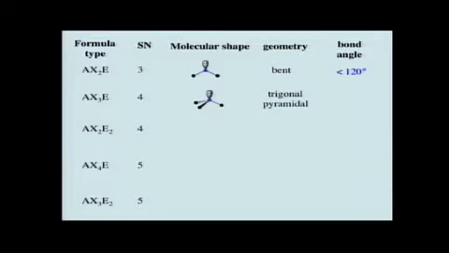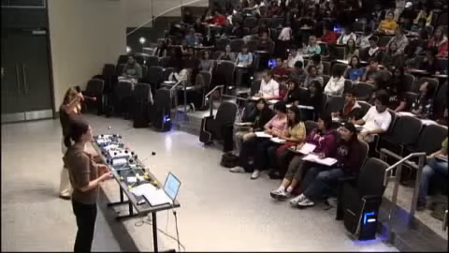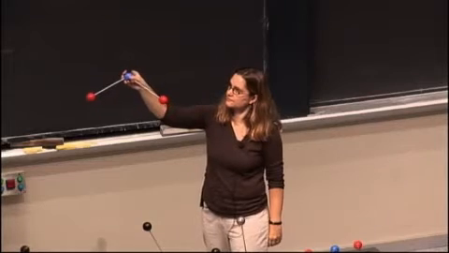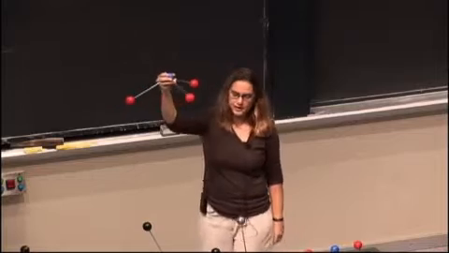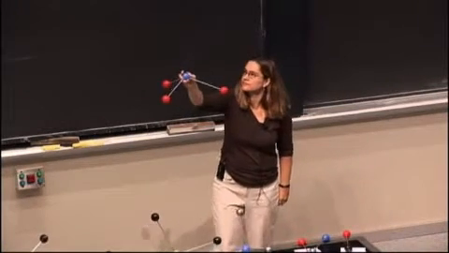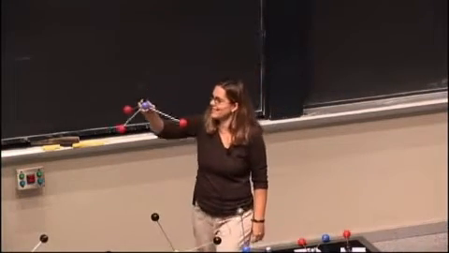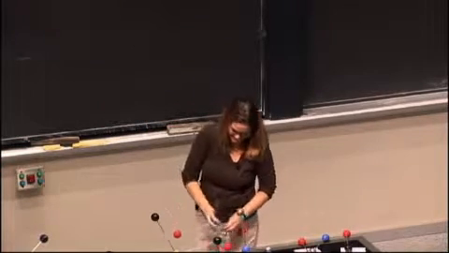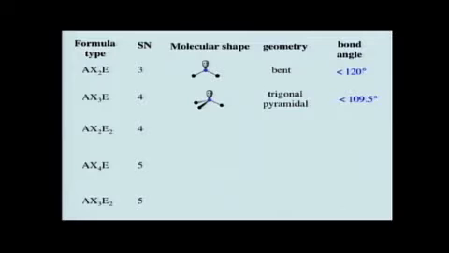This is called trigonal pyramidal. Again, you have trigonal because there are 3 atoms bonded to the central atom, and this looks like a pyramid here. So what would the angle of this be? All right, less than 109.5. Let's take another example,